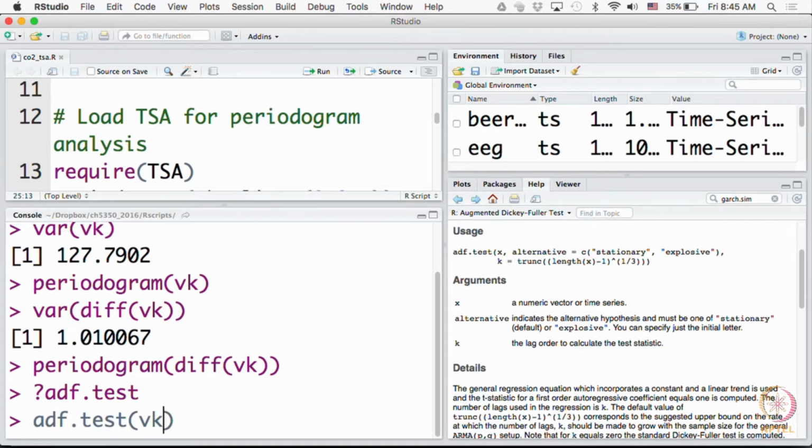Come on, this at least you can say, we are the creators of Vk. What do you expect the result to be in terms of the p value? Always when there are two options, there is a division. What is the null hypothesis? A pole at the unit circle. Has Vk come out of a process with a pole on the unit circle? Yes. So, what do you expect for the p value, low or high?